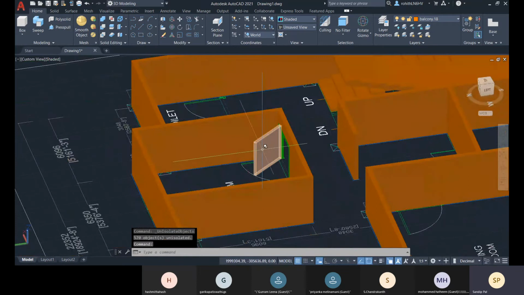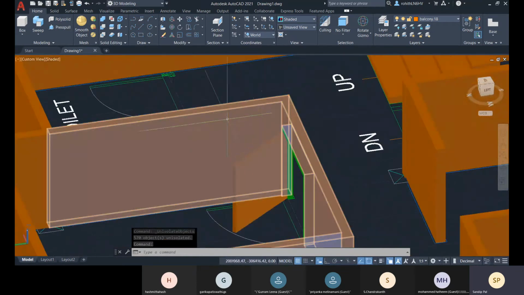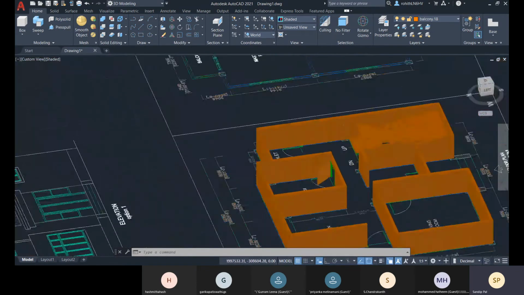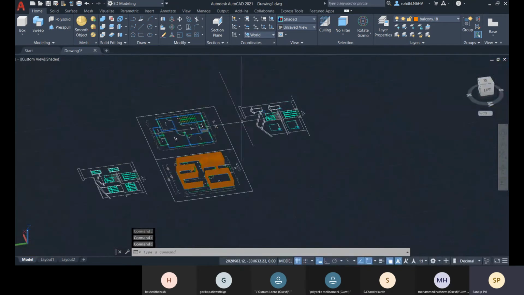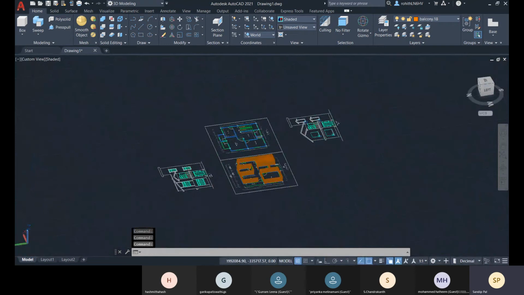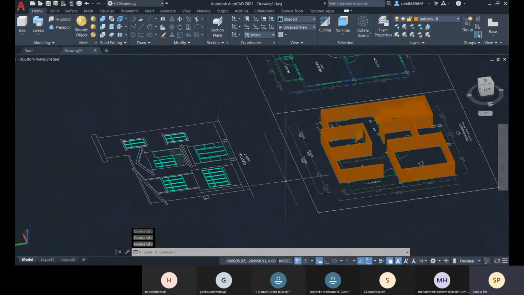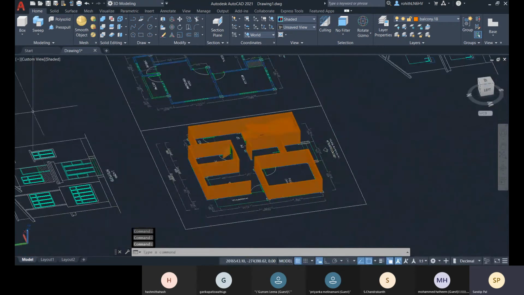Okay, and you apply the particular layer for each component, and I suggest you guys work with this plan, create a 3D model in AutoCAD. Okay, we have some more options, loft and revolve. I will show you.